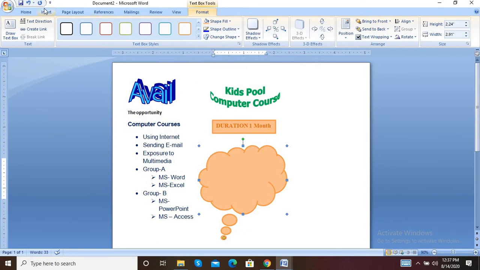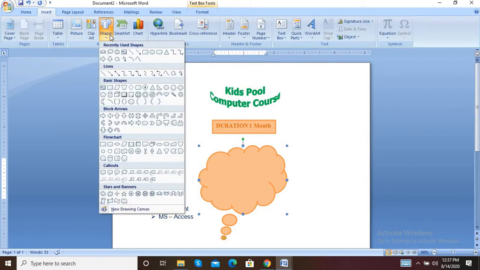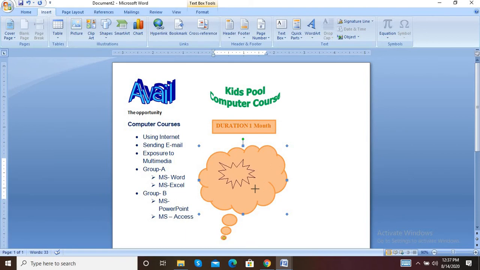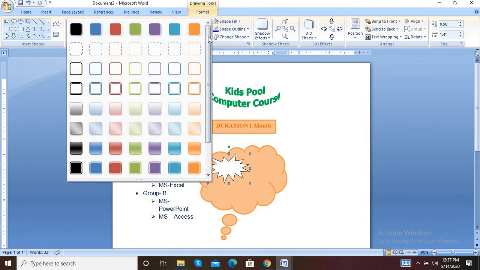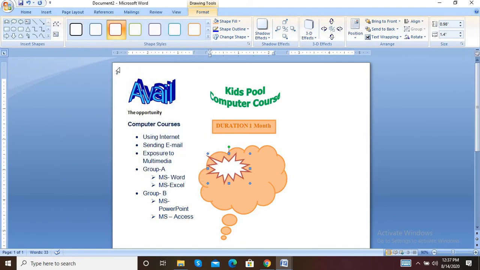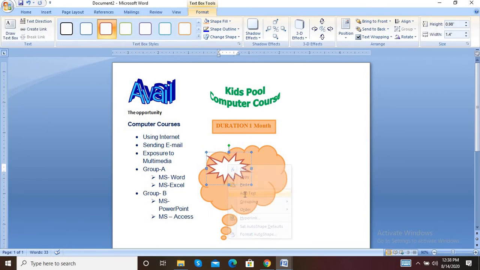And then again go to the insert tab, add shape. The next shape should be a star for the banner. Draw that star shape, adjust that star shape also, and format it. The star shape has some outer border, change it, and again right click, add text as enjoy the vacation. So for that, increase its size so it is visible to you.